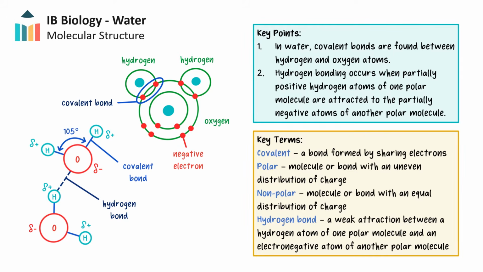This unequal distribution of electrons results in the oxygen atom having a partial negative charge, while the hydrogen atoms acquire partial positive charges. We represent this with this Greek lowercase delta symbol here. Additionally, the water molecule has a bent shape with an angle of approximately 105 degrees between the hydrogen-oxygen-hydrogen bonds. This bent shape, combined with the uneven electron distribution, creates an overall dipole moment in the molecule, making